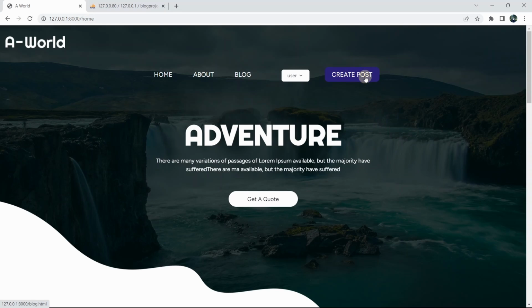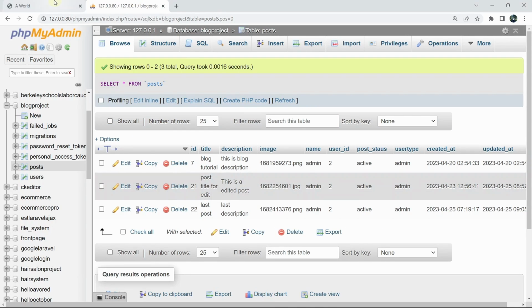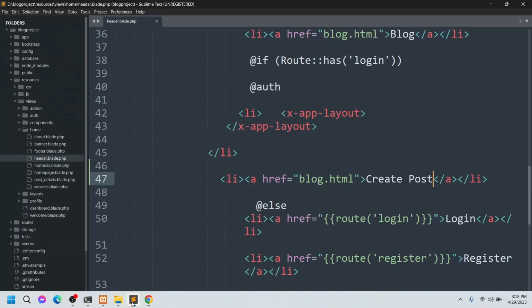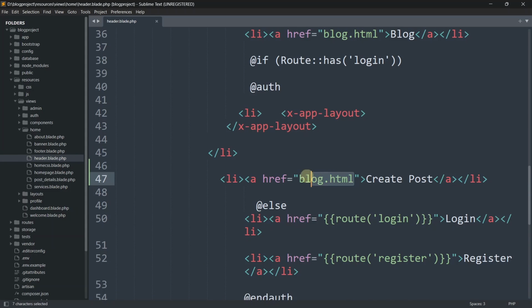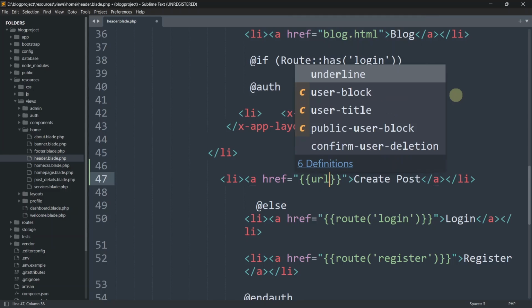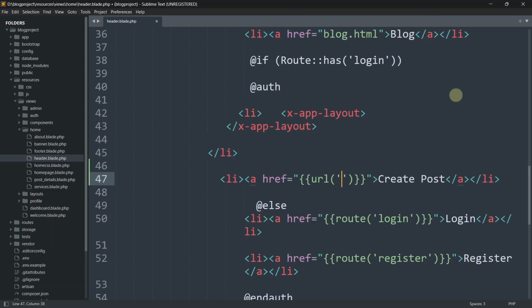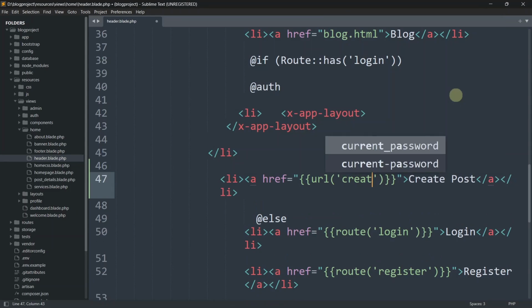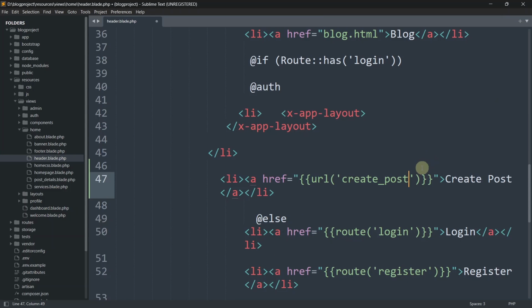Right now what we want is that if we click on this create post, it will take us to another page where we'll be able to upload a post to our table. So for it, let's go back, and first of all inside this href we are going to mention a URL. Let's say over here double bracket, then we'll say url, open bracket, single quotation, and let's say our URL name will be create_post. Let's save this and let's go to our routes,